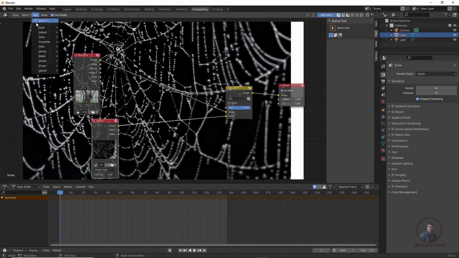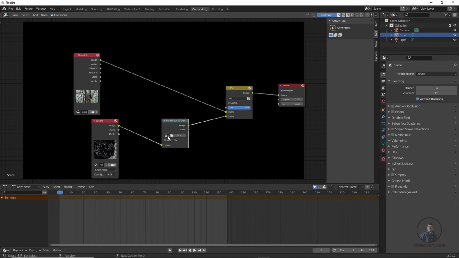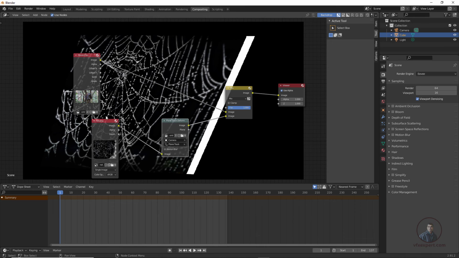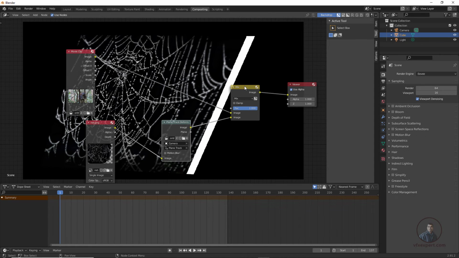So attach the viewer here. After this we have to again use our tracking data. Click on add, distort, select this plane track deform and place it here, and then simply click here. Then select your footage, so tree footage. Then you have to select camera and select our plane track here. Now if you see here, this has fit, but it's not showing our background here. So in our mix node we have to also enable this alpha or pre-mult option here. This is the most important thing you see here. Enable this on the mix node.